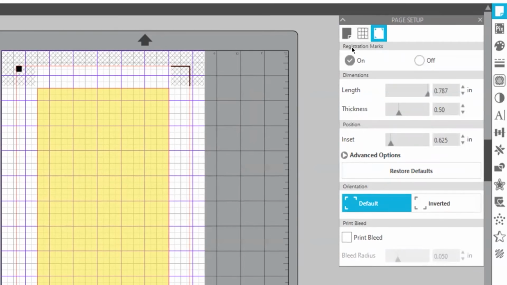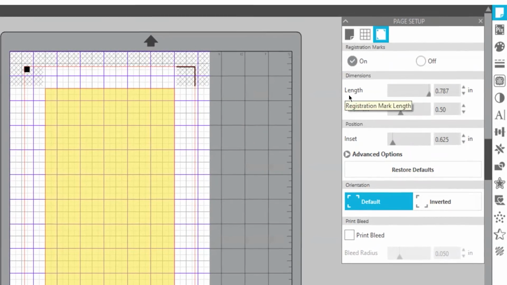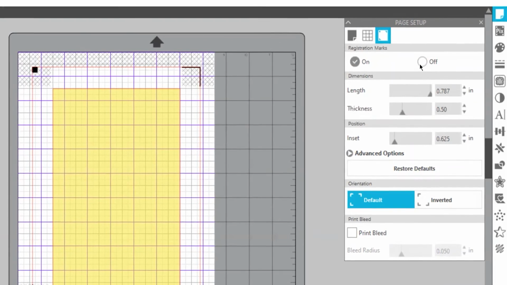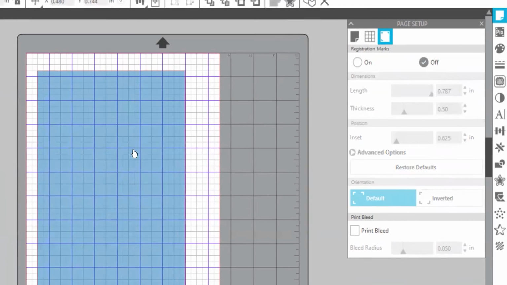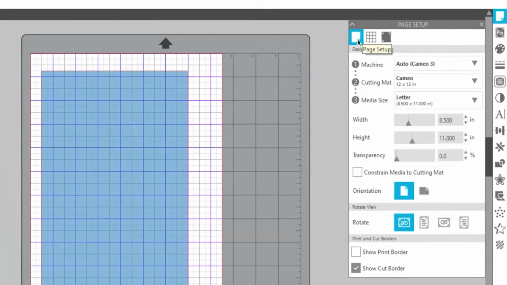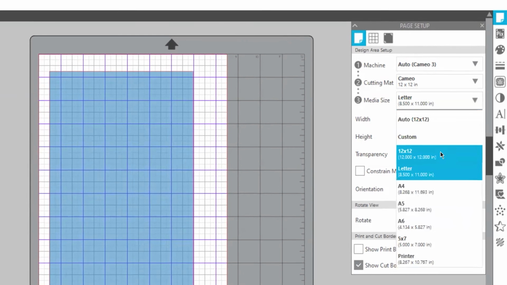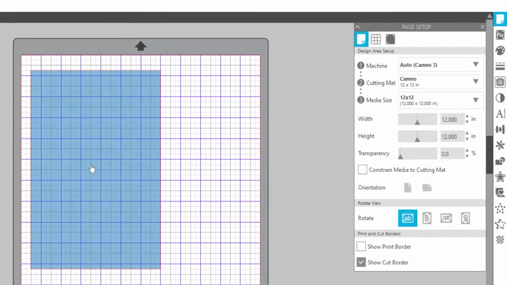The first one I'm going to show you, it depends on what you want to do. If you want to bring in an image that you're then going to need to print and cut, you can do that. But I don't want to start you there. So let's say that here I'm in my page setup panel, and I'm going to cut this out of a 12 by 12 piece of cardstock. The size I want this is